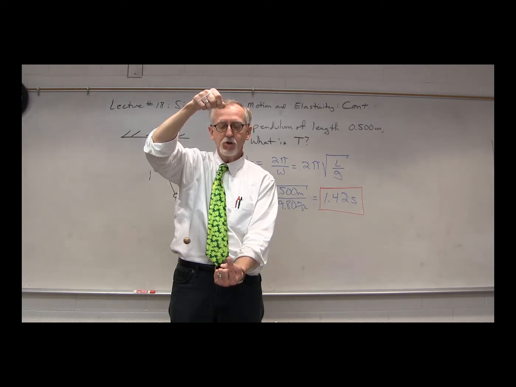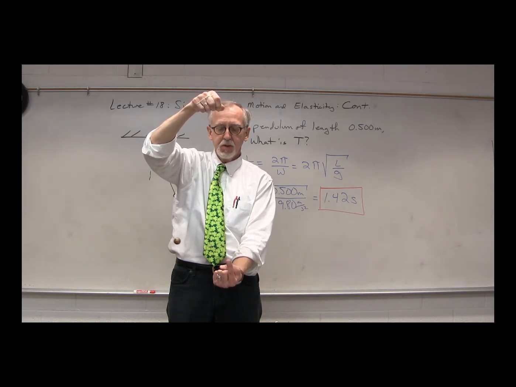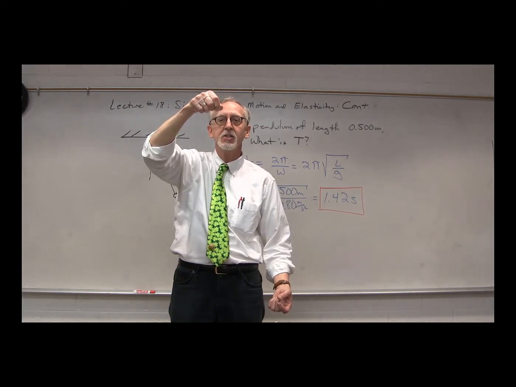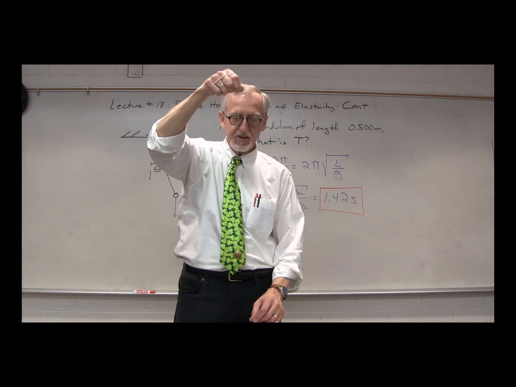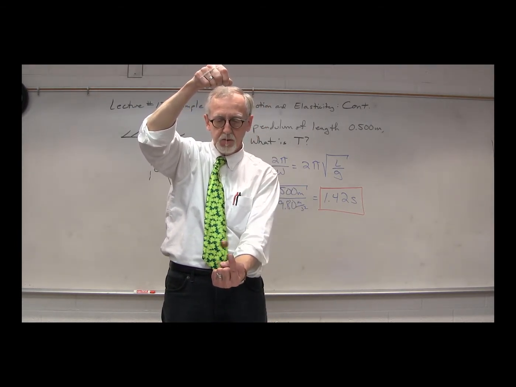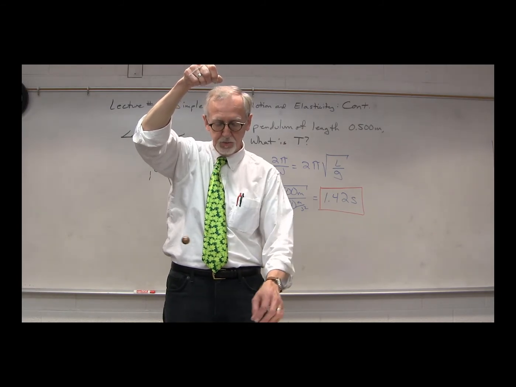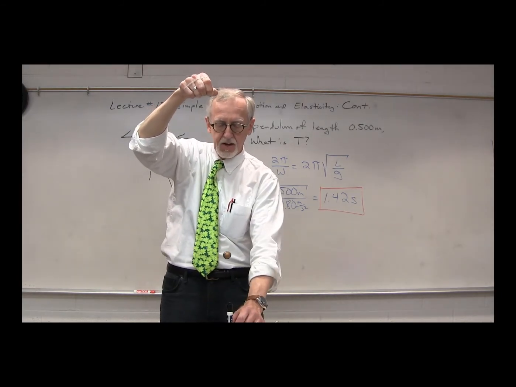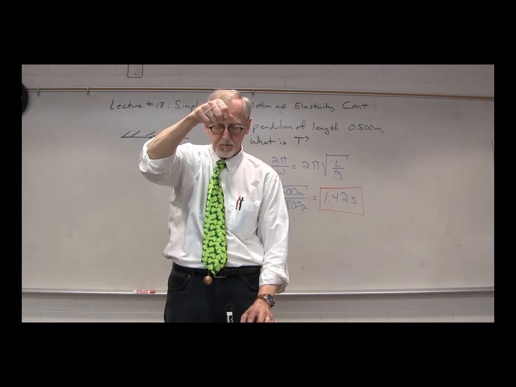I'm going to count the oscillations from here. So as it goes to the right, your right, not mine, I'll start and I'll say 0, 1, 2, and I'll count the oscillations all the way up to 10, and then I will stop my timer. I'll start the timer there, and then when it passes the center again, that's when I'll stop it. I'll actually have to use my finger to start and stop the clock. So let's see, I'll use the pen as the indicator here. Okay, so ready,